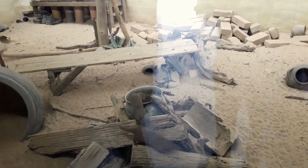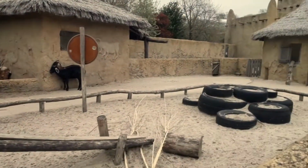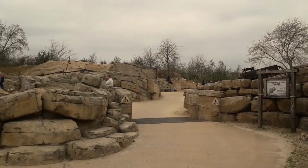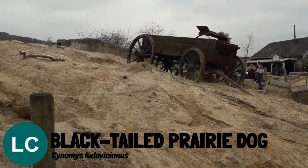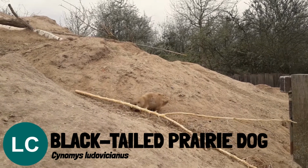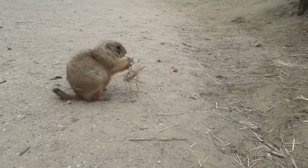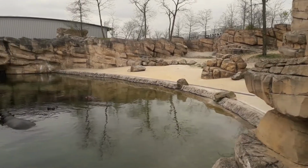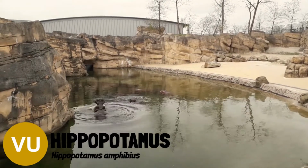When you exit the Sun Palace, you'll find yourself in the Dogon village, where you can find a petting zoo with Nubian and dwarf goats and miniature donkeys. Next is a walk-through enclosure home to black-tailed prairie dogs. After passing the Prairie Cafe and past some rocks, you'll find a pool home to hippos, known as one of,